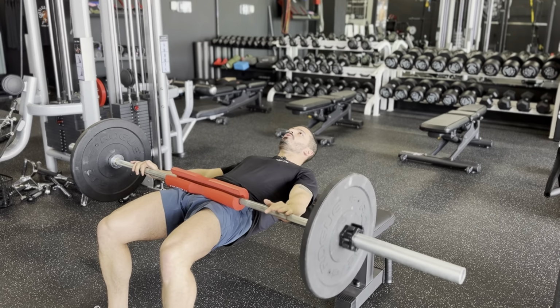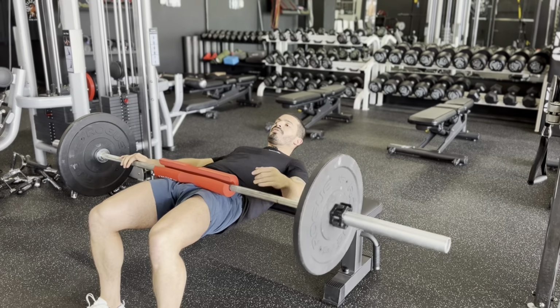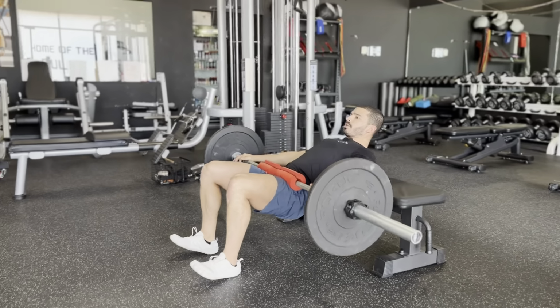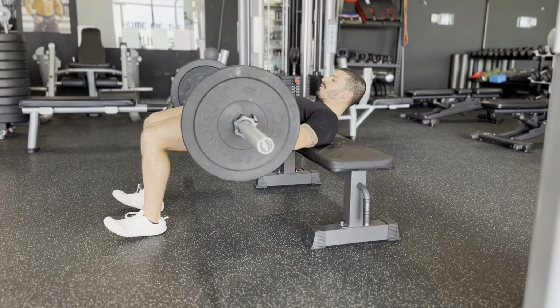Now, if you have neck issues, can you hip thrust with your head up like this? Absolutely. You really want to make sure that you're targeting the glutes. And you also notice my heels are directly below my knees, okay? You could go feet flat. I like to go with my toes up. So you'll see I'll go all the way down. I keep my shoulder blades on the bench. I can rest my glutes on the bottom if I want to, and then I flip the pelvis